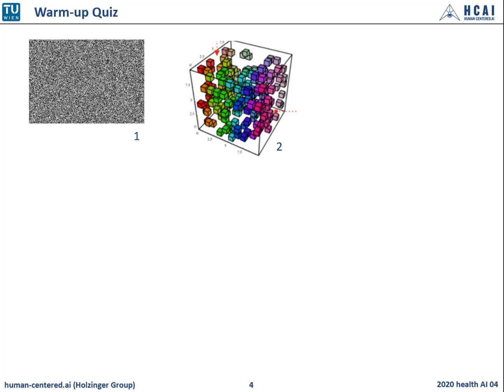Okay, next. So what do you see here? Yes, this picture shall envision the curse of dimensionality, here only in 3 dimensions. Originally, this goes back to the work of Richard Bellman in the 1950s. And the problem is that there are so many more possible combinations of the values of the variables than can possibly be observed. And practically, this means that as the number of features or dimensions grows, the amount of data we need to generalize grows also, but exponentially. So this is really a big problem.